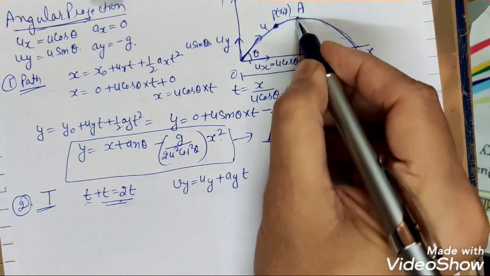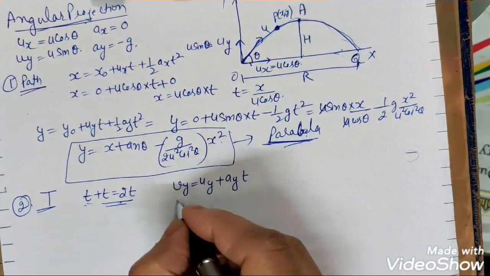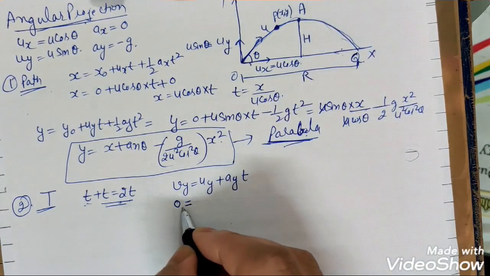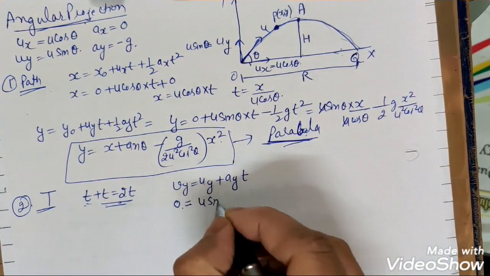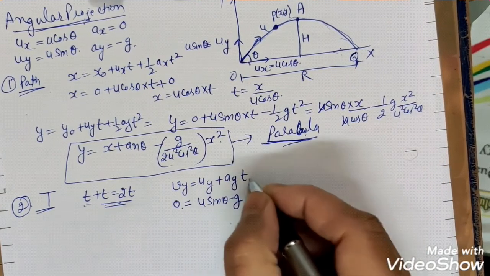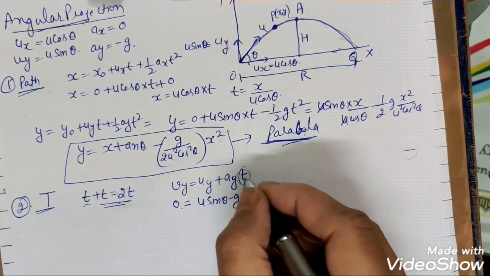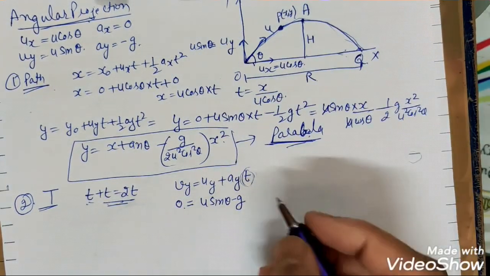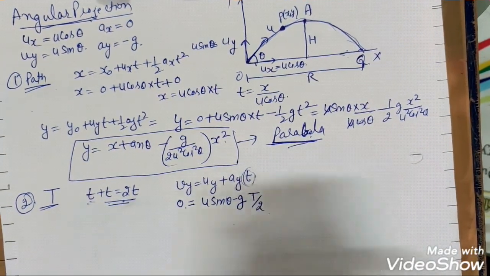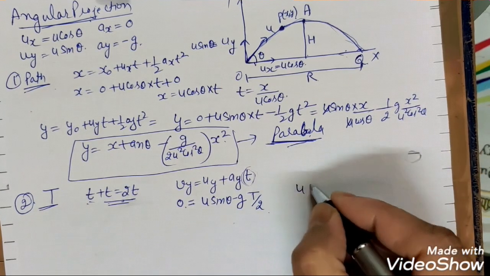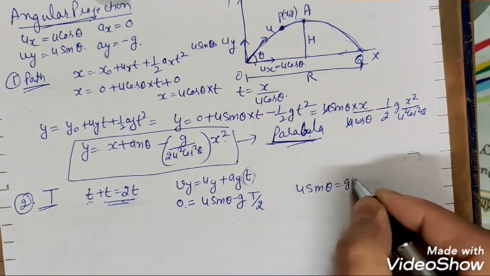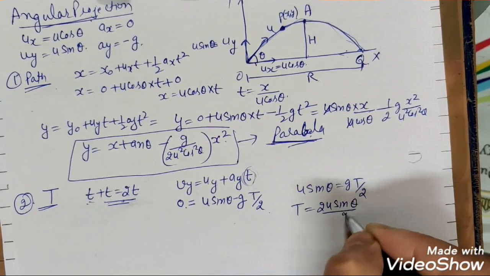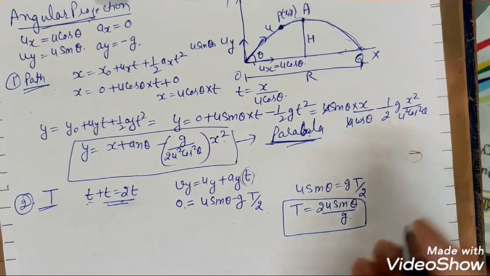Up to this point, the maximum height, the final velocity is 0. At this maximum point, the final velocity is 0, and u sin theta, this is minus g. Now what about this t, small t? Because up to here it is the total time of flight, but this is half of the time of flight. So we have u sin theta equals gt by 2, and the t becomes 2u sin theta by g, that is called the time of flight.